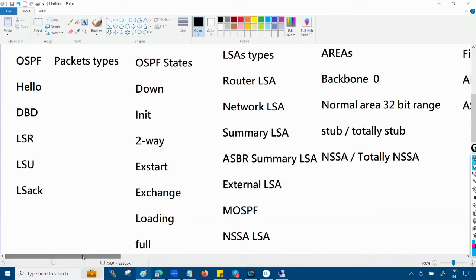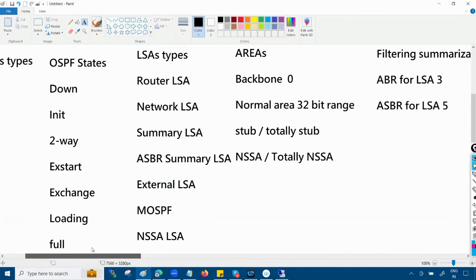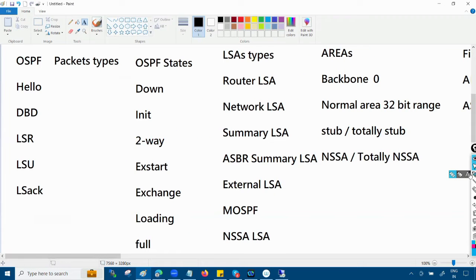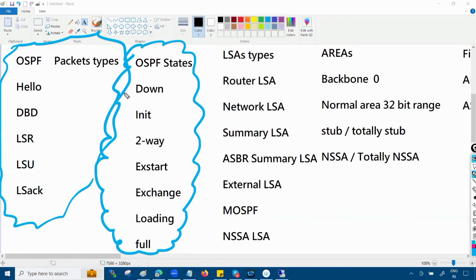Now, let's take an example, the problem of the OSPF protocol. First of all, what is the OSPF problem? See, these packets are not a problem. If I talk about the packets, these are the basic things, right? They are going to carry the information about the OSPF protocol. Again, these are not a big problem because these are the steps that OSPF needs to follow to exchange the LSAs. The problem over here,